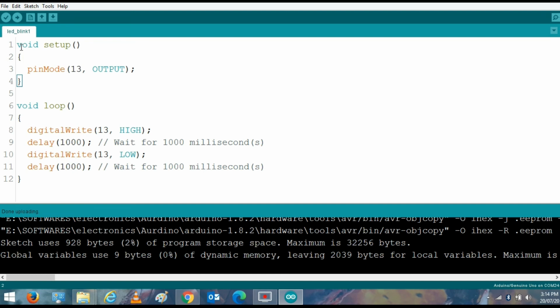Now your program is moved inside your Arduino board. You can operate Arduino with a power source like a battery or an adapter. Let me show you how it looks after uploading.